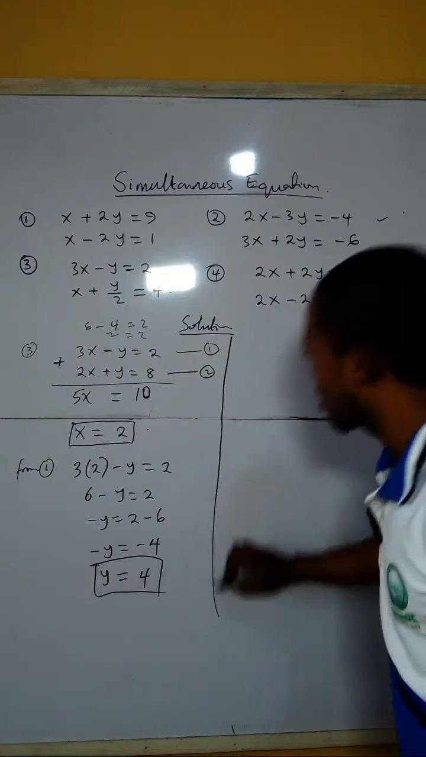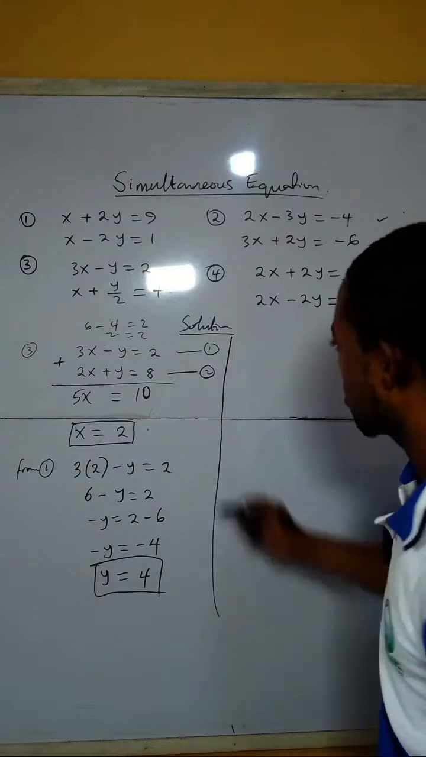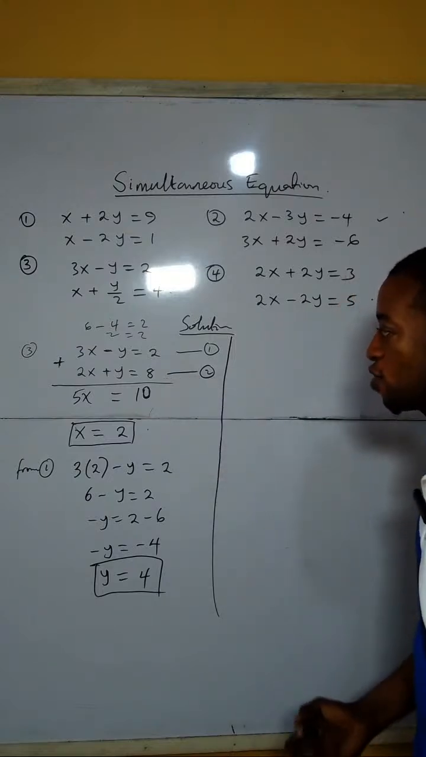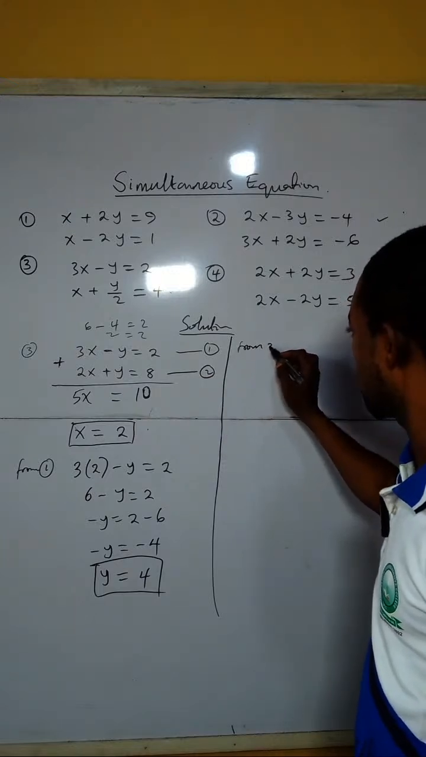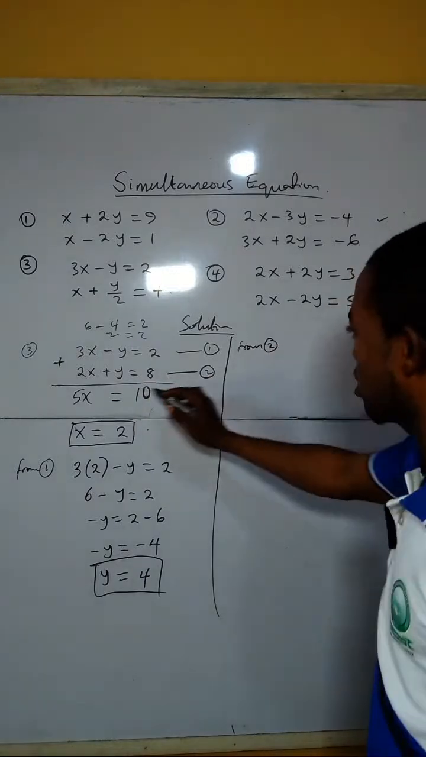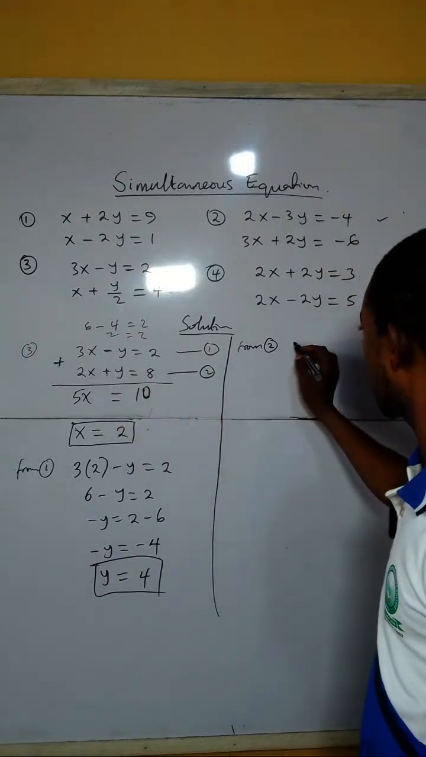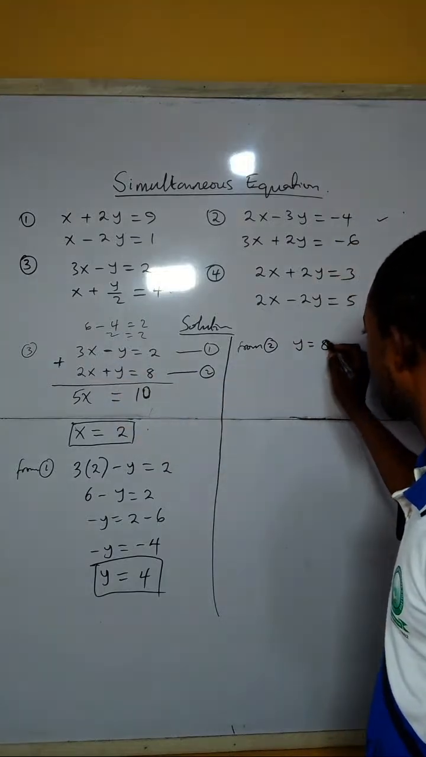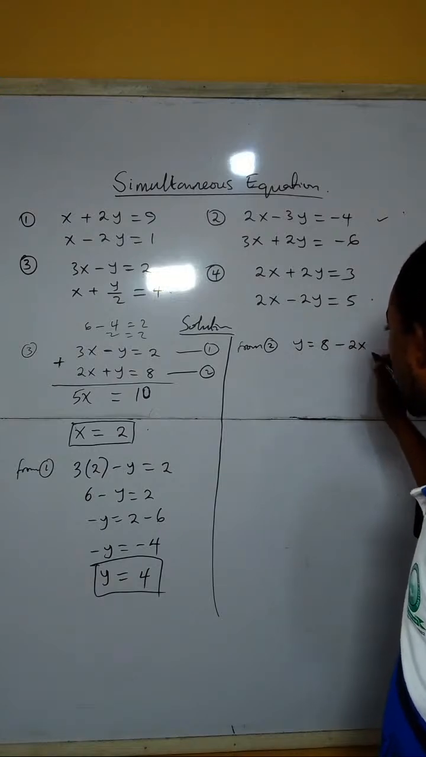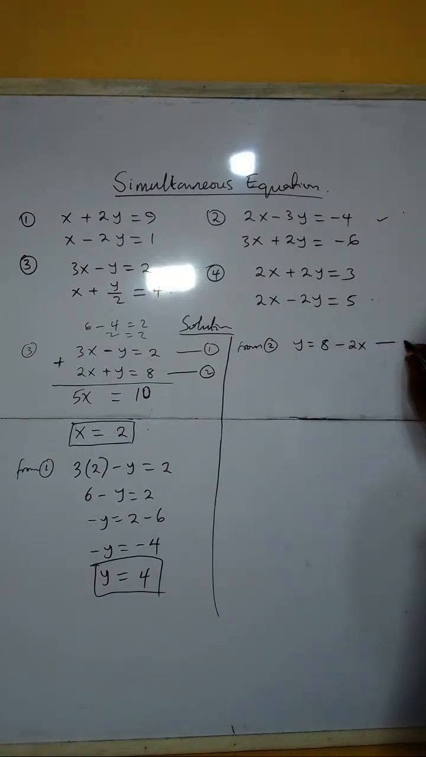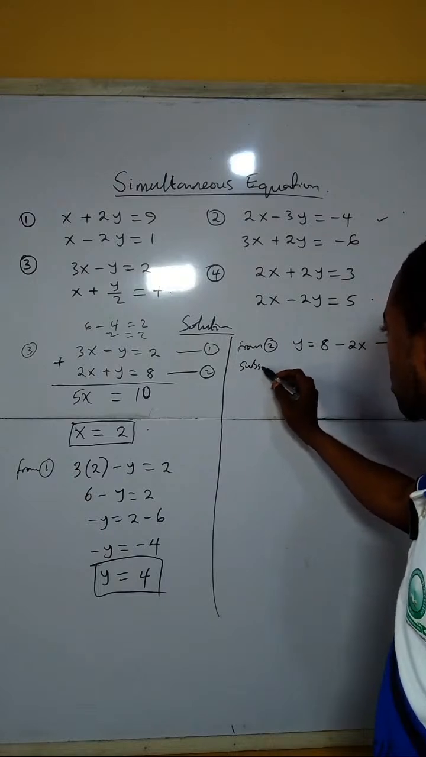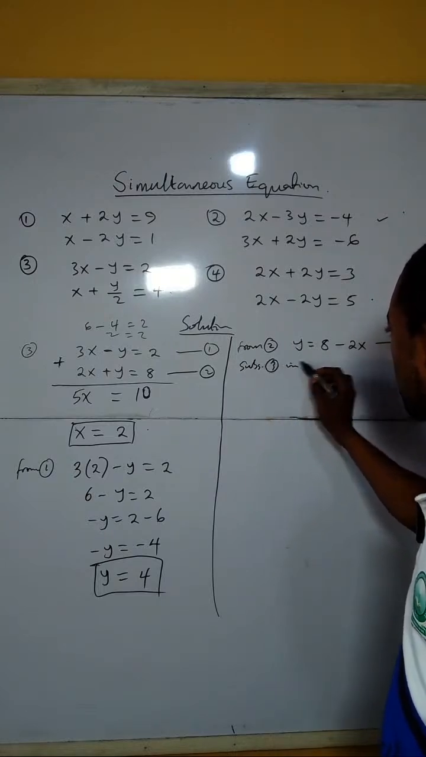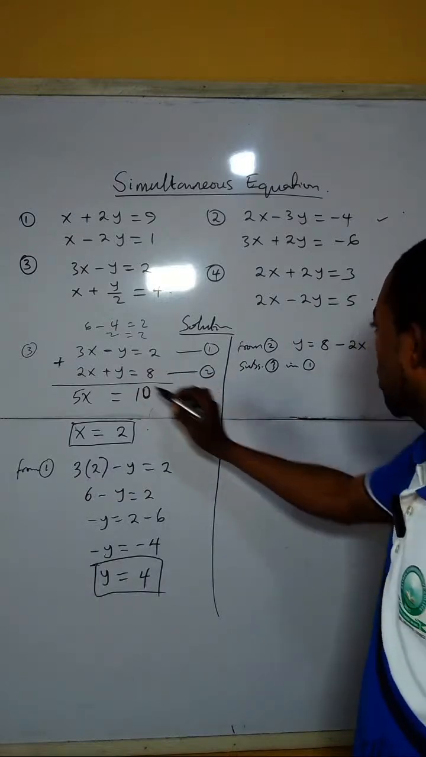From equation 2, we can make y the subject. So from equation 2, make y the subject. That is, take 2x to this side, and we have y equals 8 minus 2x. And we call this equation 3. The next step, substitute equation 3 in equation 1. That is, equation 1 will now become